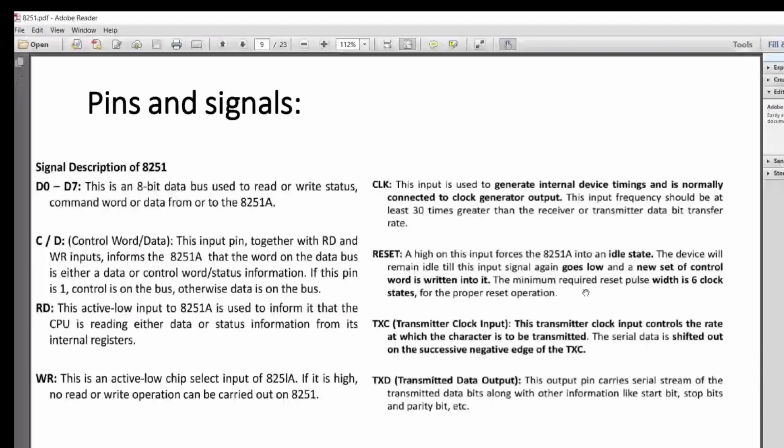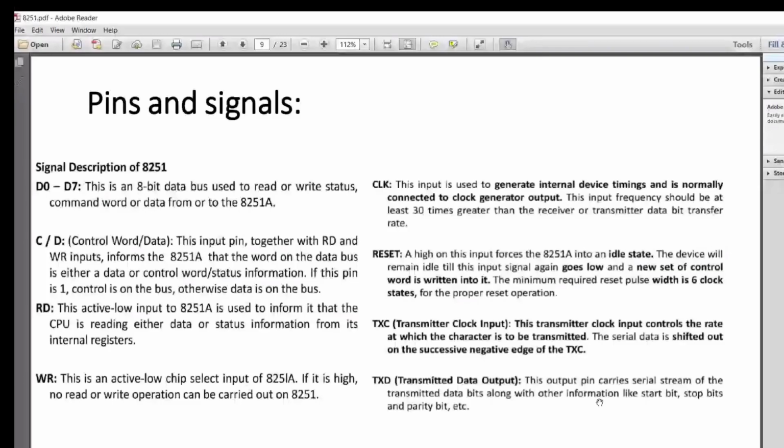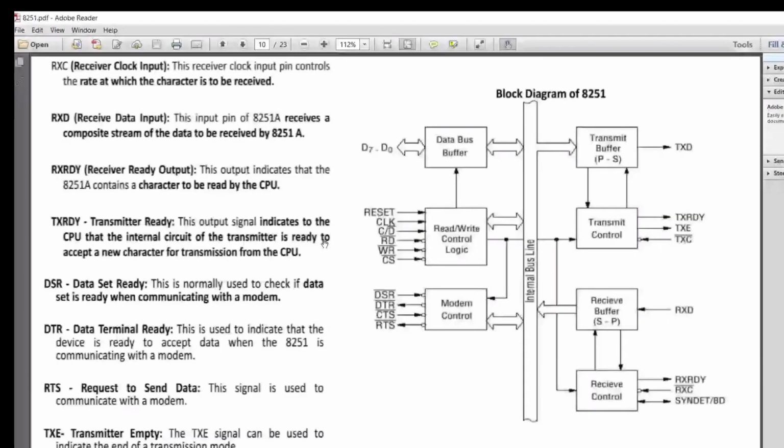Then transmit clock. This transmitter clock controls the rate at which the character is transmitted. Transmitted data is the line through which the data is put out from the 8251, along with not only the 8 bits but also start and stop bits in the case of asynchronous mode. And receiver clock: the rate at which the character is received depends on this receiver clock. It controls the receiver rate.